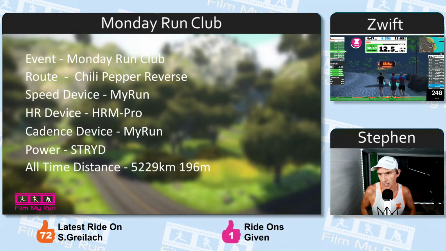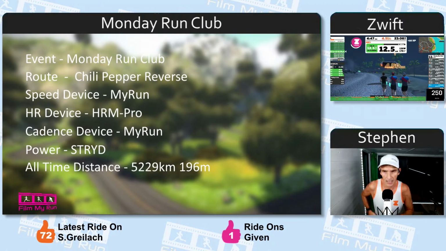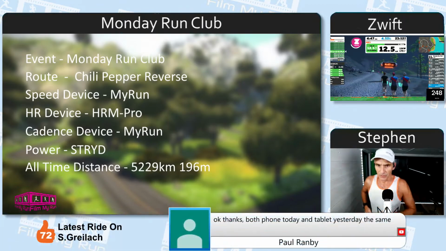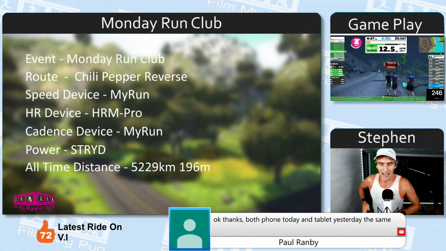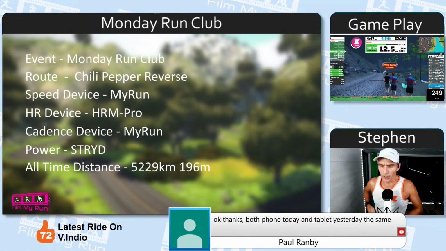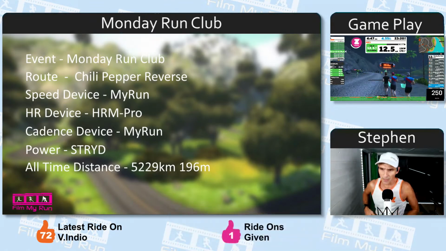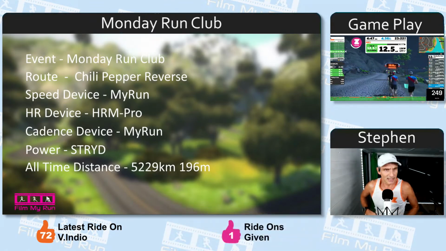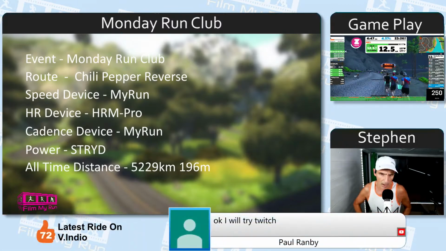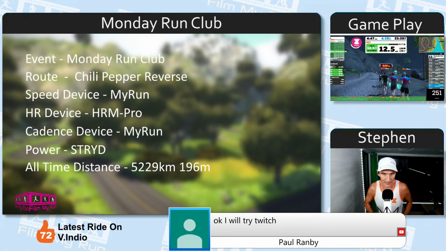I'm not sure what that is in miles. Somebody did put it up just now, but 3,000 and something miles. But that's still nowhere near Marcus Holmes and somebody else whose name I forget now. There are a couple of other runners who are on around 10,000 kilometres or miles. I think it might be miles, 10,000 miles on Zwift. Running, that is.